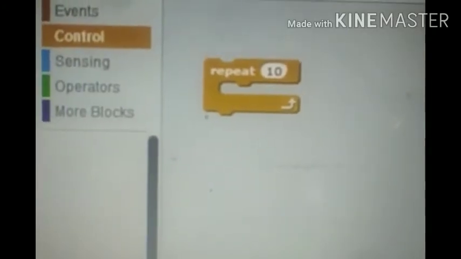It is used to perform a set of actions if a certain condition is true. Only the true case is considered here. Whereas the if then else block is used to perform actions for the true as well as the false case. The next block is the repeat block. The repeat block is used to repeat a set of actions a given number of times, such as 2, 4, 5, and so on.